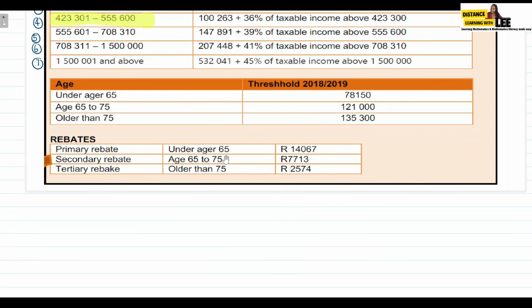Therefore, a 52-year-old would qualify to just get a primary rebate. That's it. So let's say, for example, we had already calculated the total tax that they had to pay. Then we would have to subtract this 14,067 from that amount. Okay. So in this case, if a person is 52 years old, that person only qualifies to get a primary